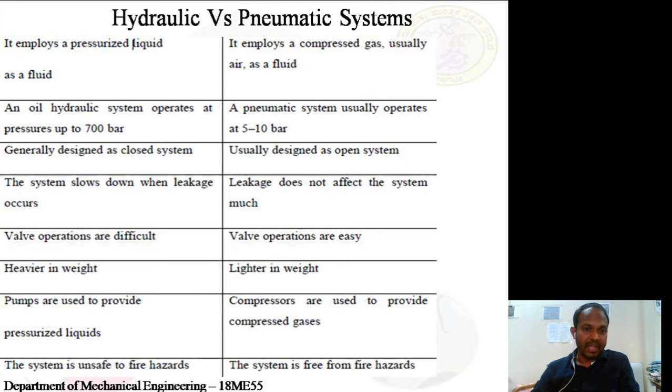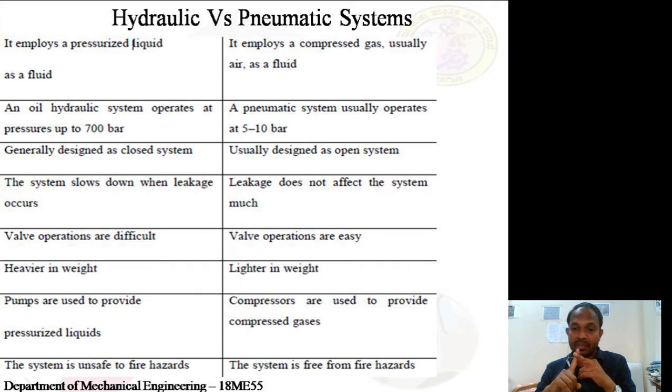Because of that, the valve operations are difficult in the hydraulic systems, whereas the valve operations are very easy in the pneumatic systems. Hydraulic systems are heavier in weight, obviously, because more components are used, and the capacity of these hydraulic systems is also more. Because of these two reasons, the hydraulic systems are always heavier compared to the pneumatic systems,